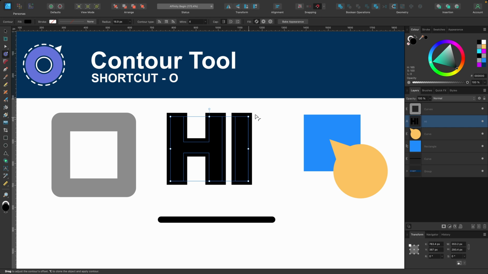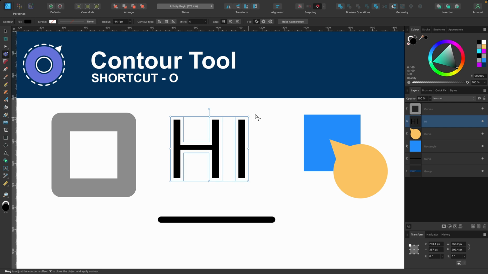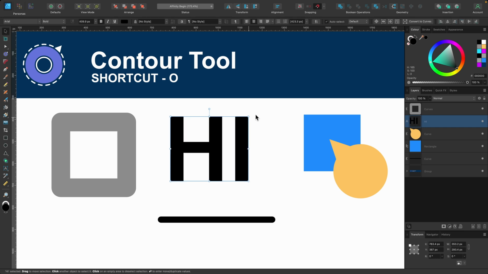So I'm going to press Command Z to go back because I want to show you a use case for it. And of course you could do this with the stroke panel, but this one is pretty handy. It's quite quick to do basically. So we have "hi". Let's say I wanted to create a sticker. I'm going to create an outline to it, maybe 2 outlines of different colors. So what we'll do is just duplicate it to begin with.